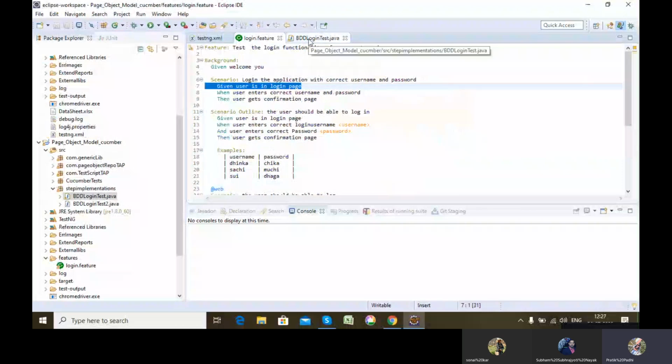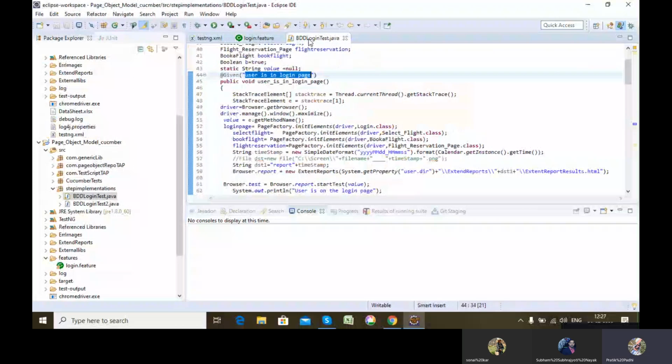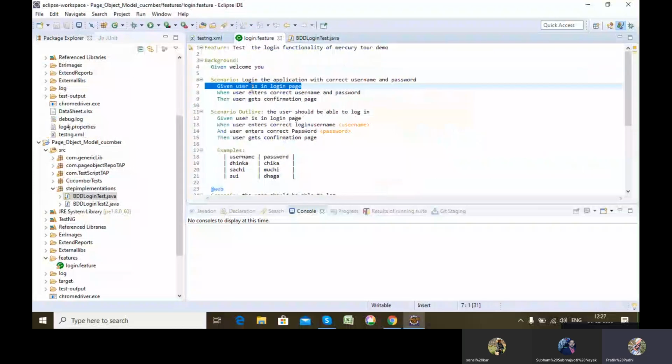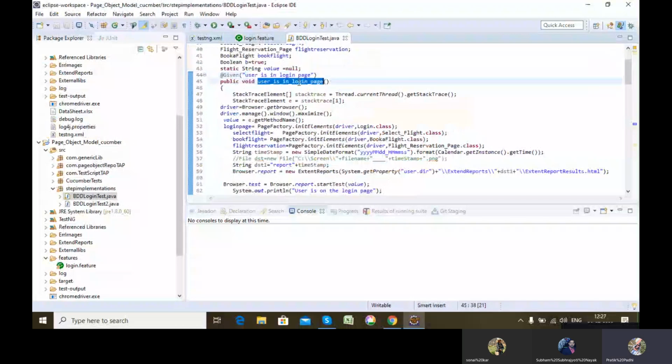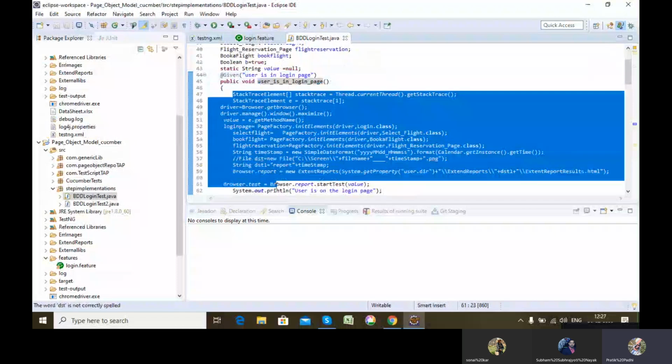Once I write this particular line and run this feature file, it will hook up with this particular function, that is, user is in login page. All the code I have written will be executed accordingly. This is the way you hook up the lines in the feature file with the step definition code.